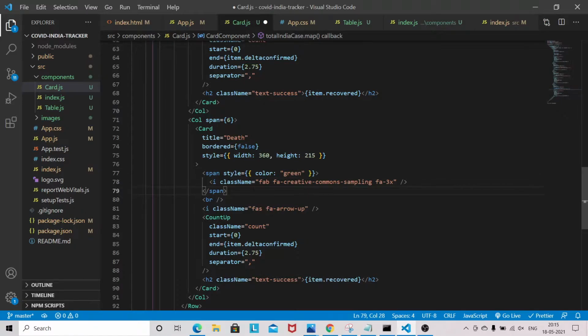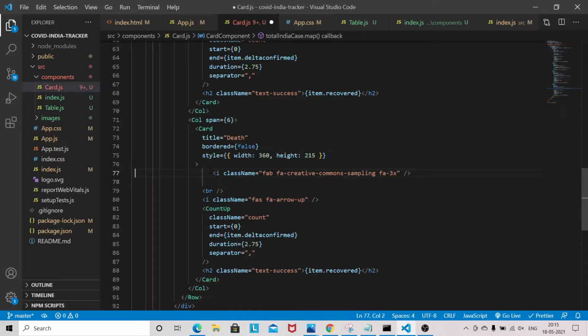Here we don't need span, so we'll be keeping the default color, and this will be FA skull crossbones.